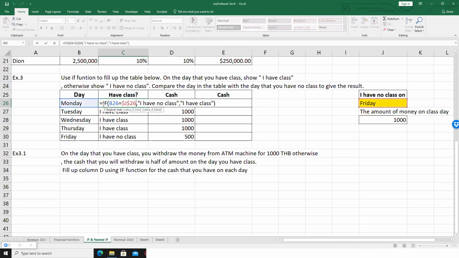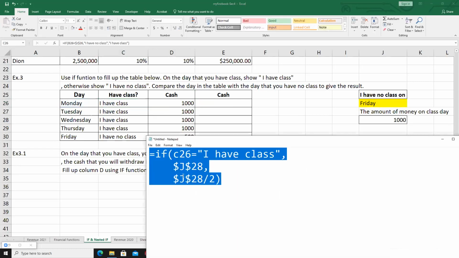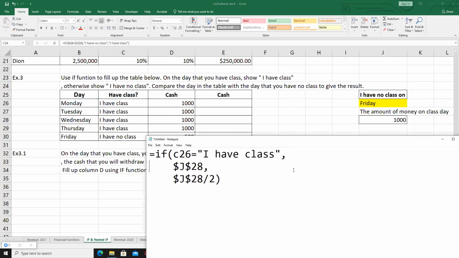I compare between the day that I have class and the day that I have no class. I know the fact that when I have no class, I just have to compare B26 with